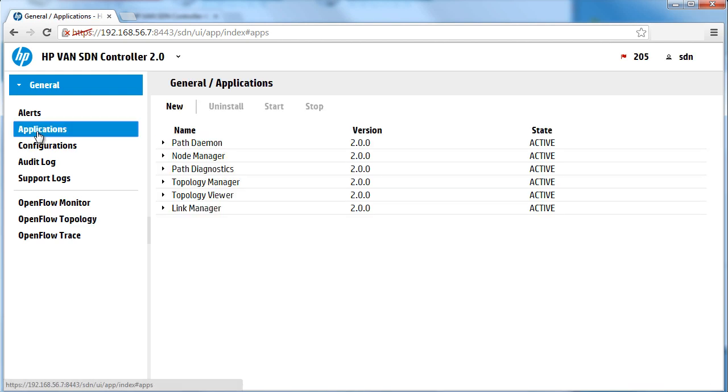So going back to applications, the Link Manager service is used to discover the ports or the links between the switches. The Node Manager service discovers hosts or nodes. These are built-in services available in the HP WAN SDN controller. You don't have to configure them. They are available out of the box. So here's our